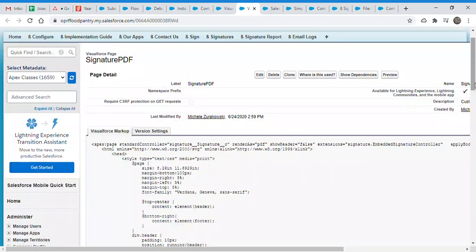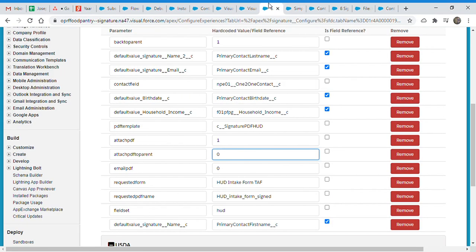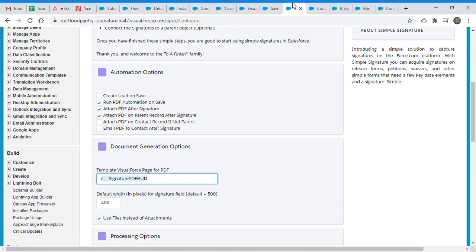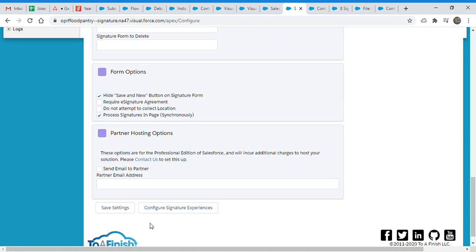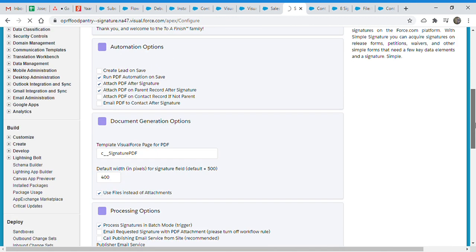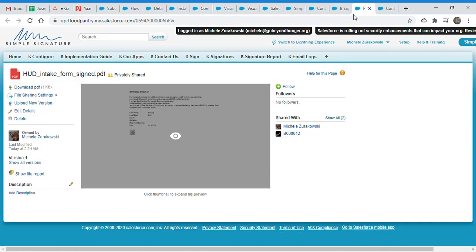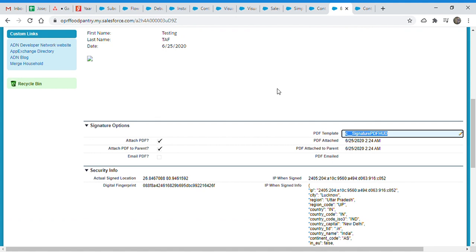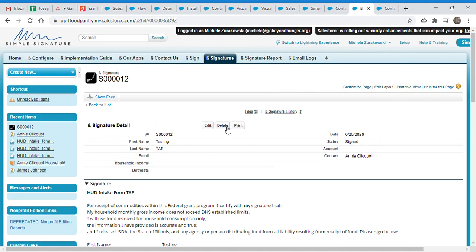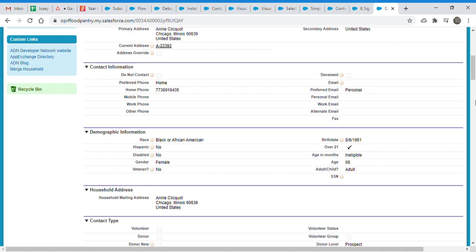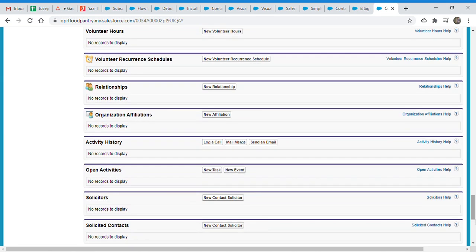Okay, so I should test this one maybe. I cannot put it right here, because it will override from here. So I am putting it just here for now. I will change everything when I'm done testing. Okay, so maybe I should delete this one, and there must be a PDF here on the contact.